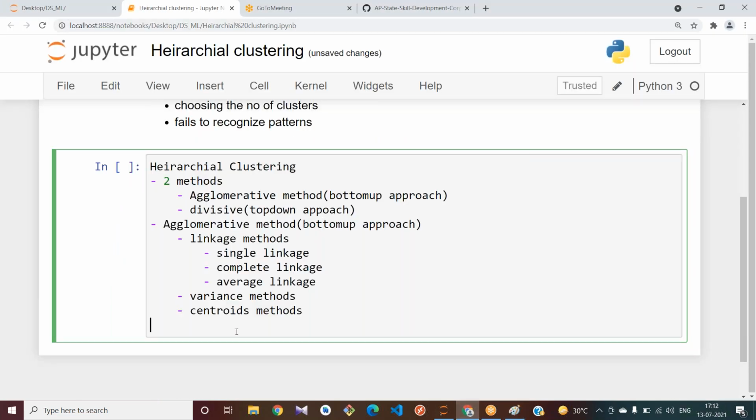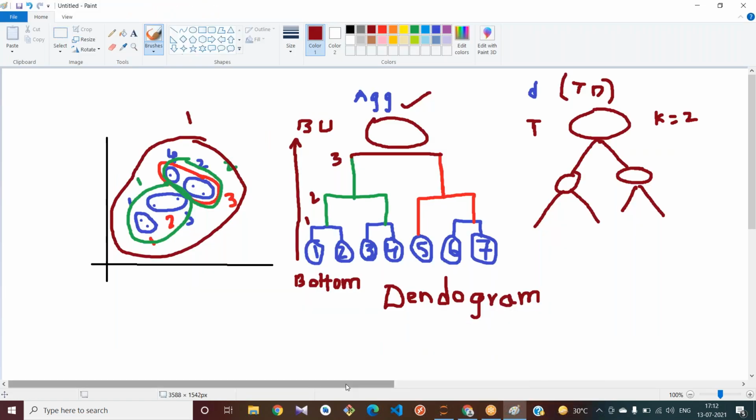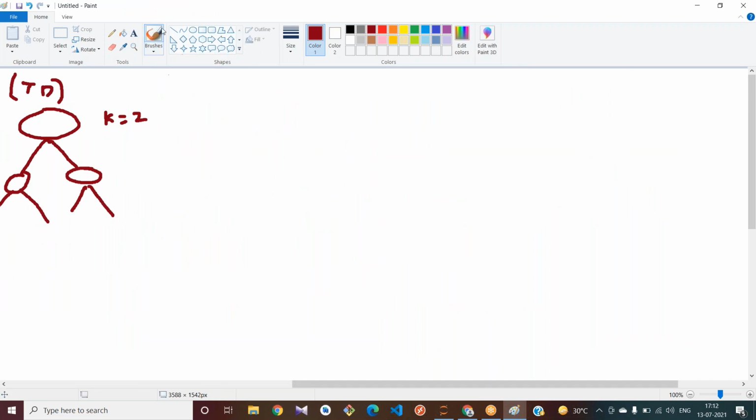Coming to this, let us know what is single linkage, what is complete linkage, what is average linkage. As I have already told, this method is more effective than the divisive method. Think that you have data points.